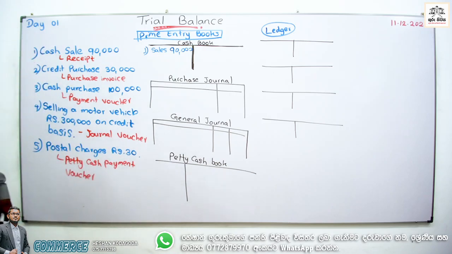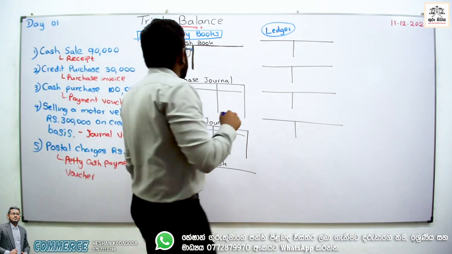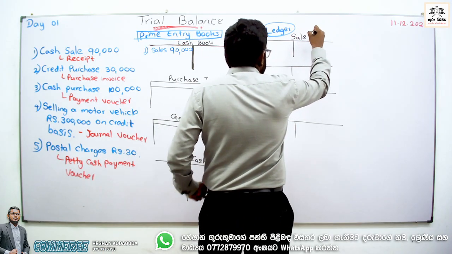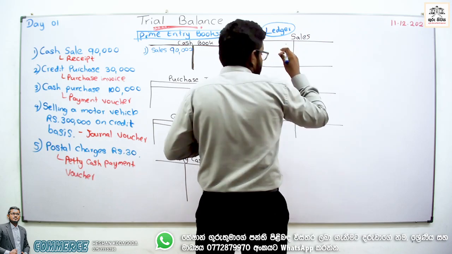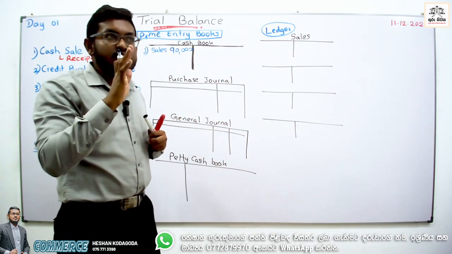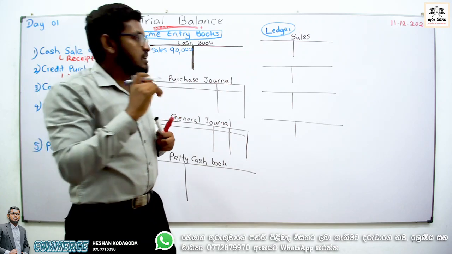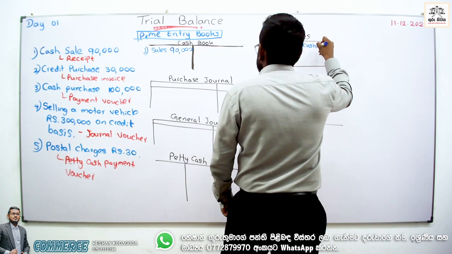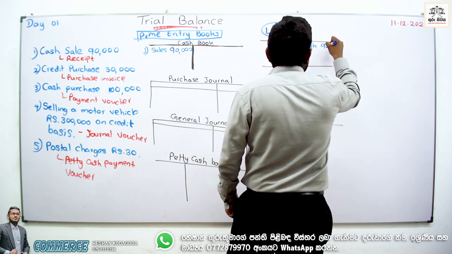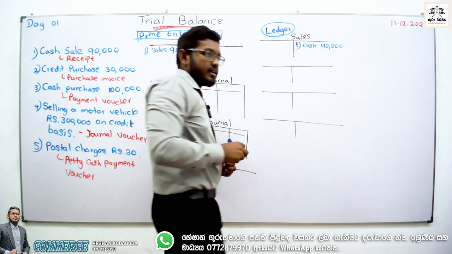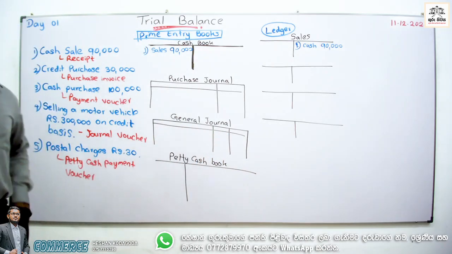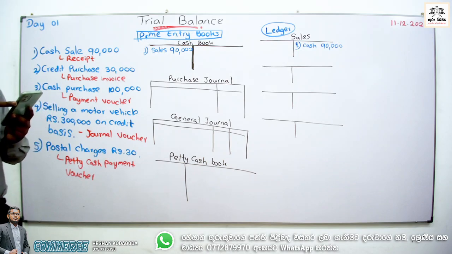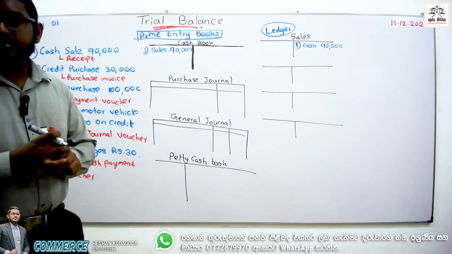Okay, clear, right? So after that we need one entry in the ledger, sales account credit. This is very practical now, so I'm using practical examples. So number 1, sales account. You can write cash. What is the amount? 90,000. Is it clear to you? Right? This is the first transaction we can record. Are you okay with this one? Okay, right. Send me a thumbs up.